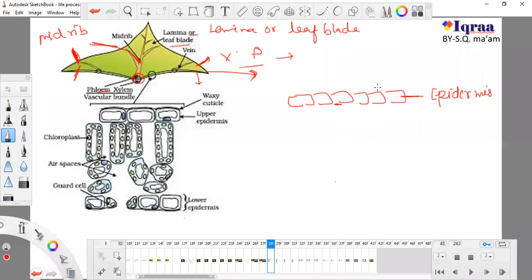So this is the uppermost surface. I'm drawing the upper surface of the leaf, or you can say the upper blade, or lamina, of the leaf. This surface is covered by some waxy substance, or cutin, because this waxy substance helps plants get rid of water and microorganisms.